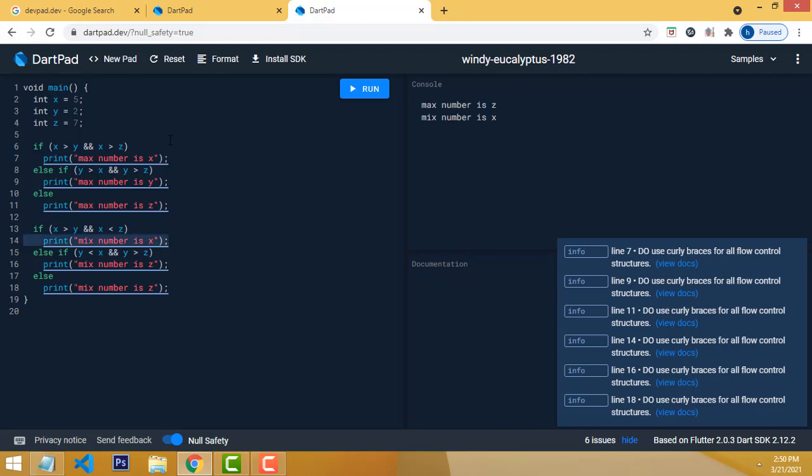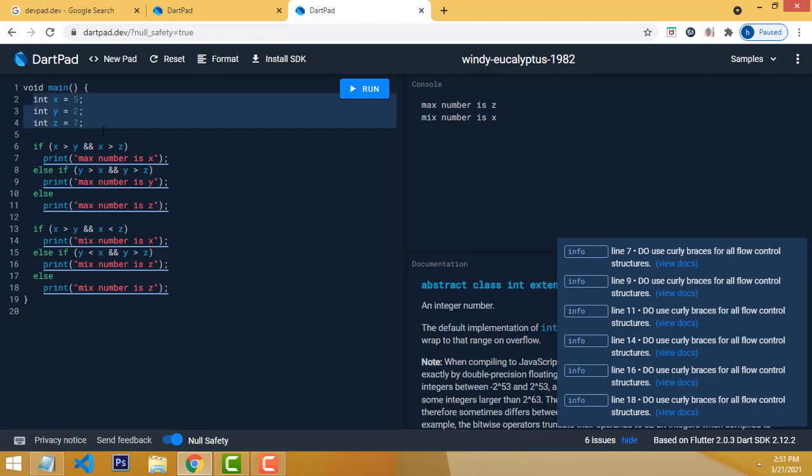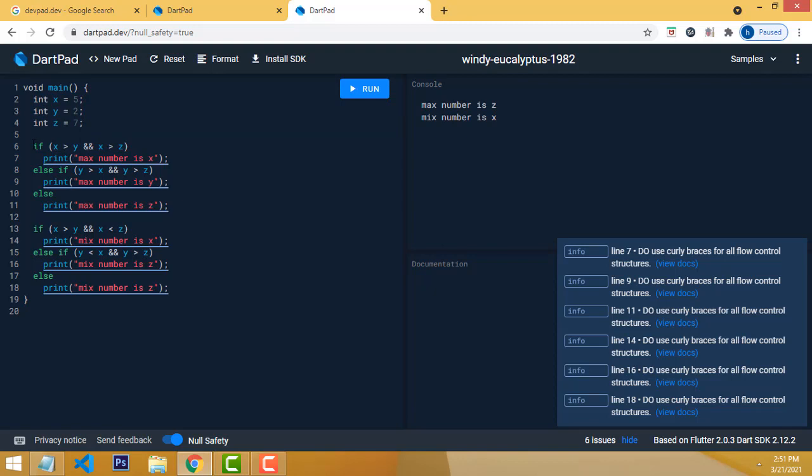So this is how we calculate the minimum number and maximum number. It's a very simple condition we have to use to calculate this. This is the maximum number calculation, and this is the minimum number calculation. When you sit for the exam, they may give you something like this, and ask you to calculate the maximum and minimum number.